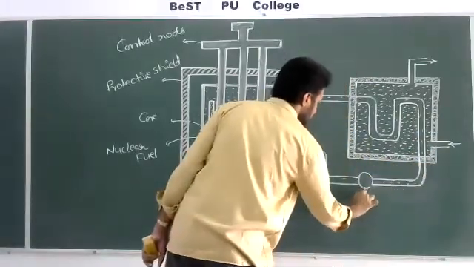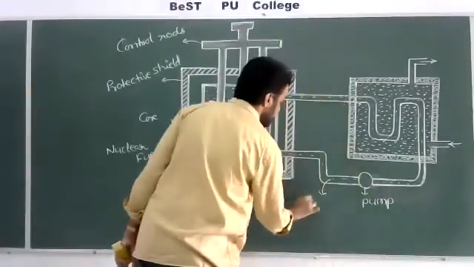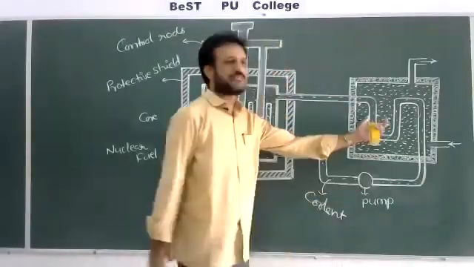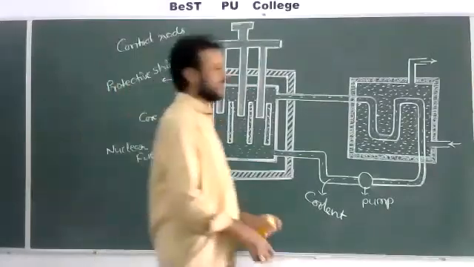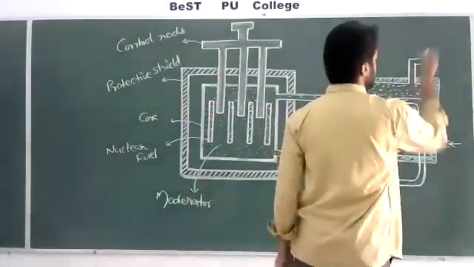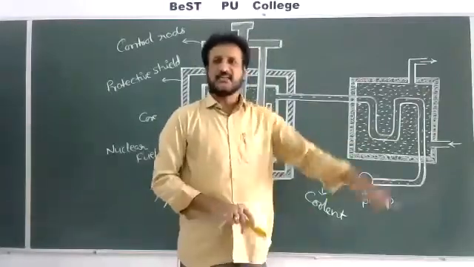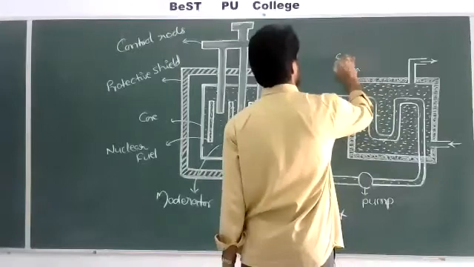So it is a cooling system and it is a pump. And inside, what we are using, we can call it a coolant or cooling system. It is a steam chamber. Whatever amount of heat is generated is taken into the steam chamber, and here it will be converted to steam and sent to the turbines, so that the turbines will rotate and electric power will be generated. So this can be called a steam chamber.